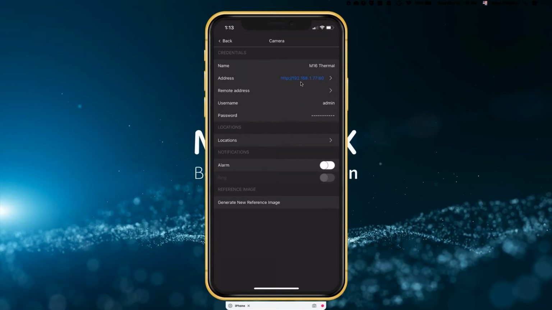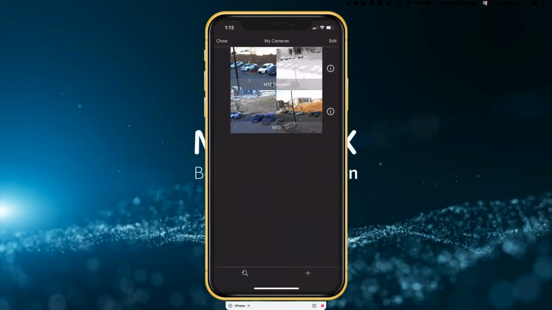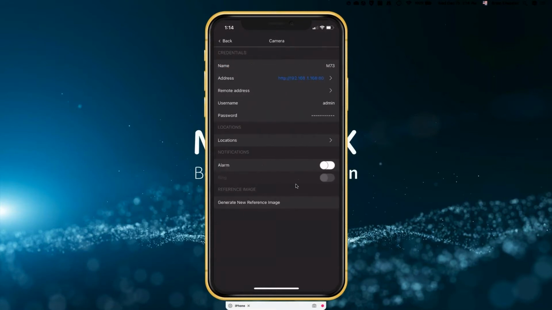Okay, the name, the address. If it were a remote address, I could also set this up, because then if I move my location to abroad, it's going to utilize this remote address and not, of course, the local. And then I've got username, password, and so forth. So I'll click the back button here. We'll go back. Same thing for my M73. If I click the little I button there to the right, it pulls up the information for that camera.